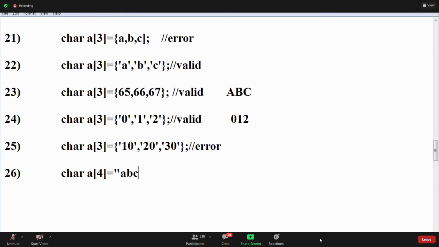This is ABCD. ABC is valid. This is valid, guys. 27th, this is called a string. A of 4 equals to, can I write ABCD? Valid but garbage value.